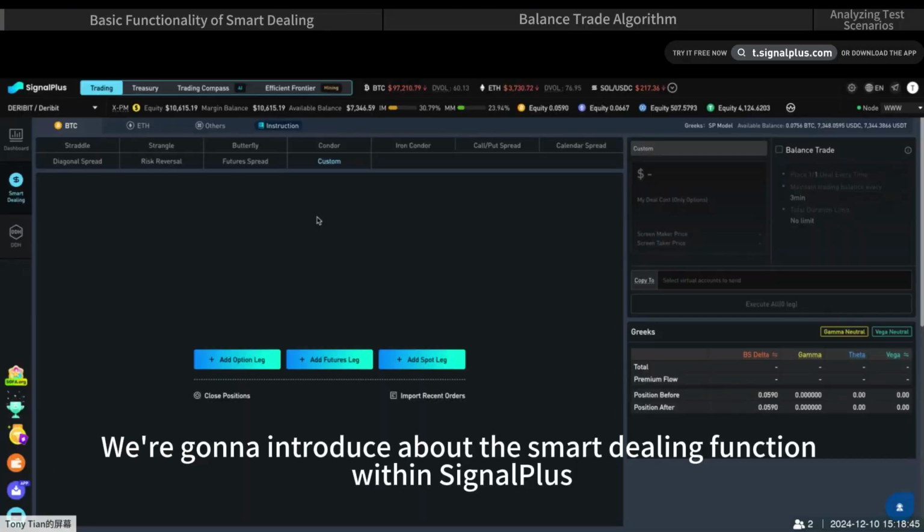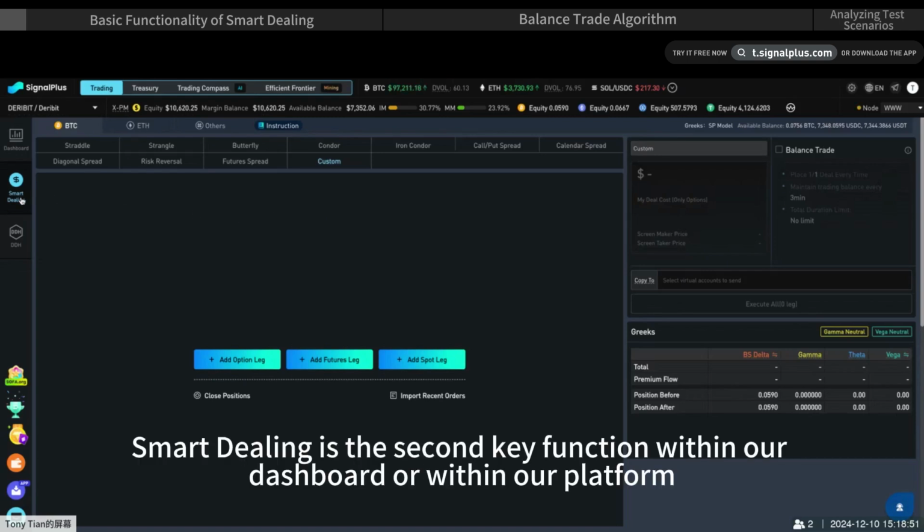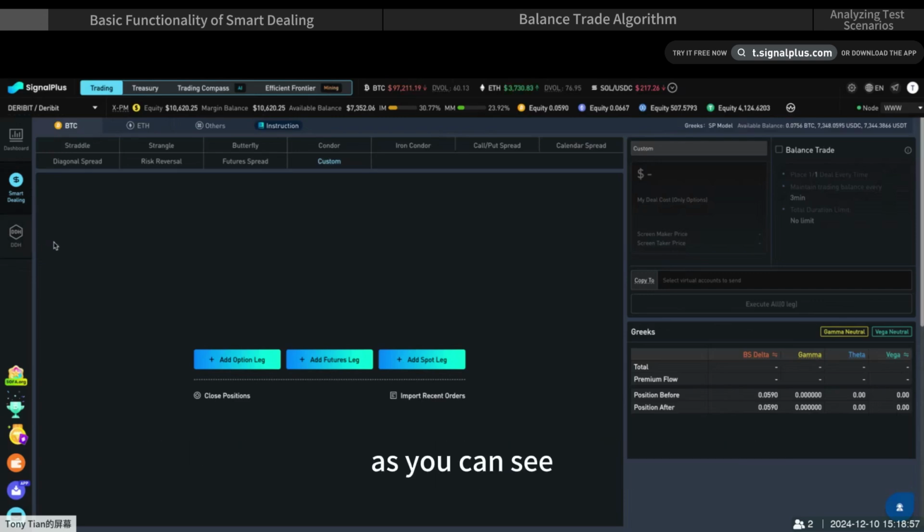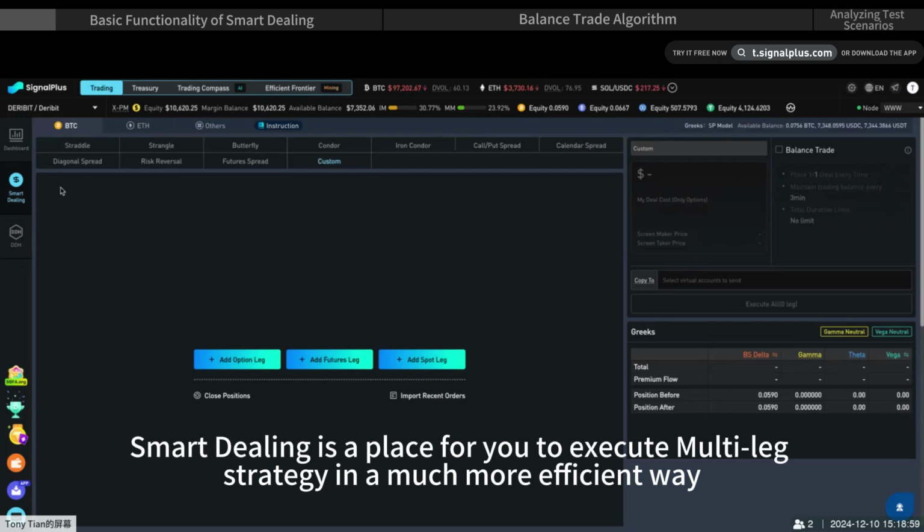Hello everyone. Today we're going to introduce the smart dealing function within SignalPlus. As you can see, smart dealing is the second key function within our dashboard or platform. It's a place for you to execute multi-leg strategies in a much more efficient